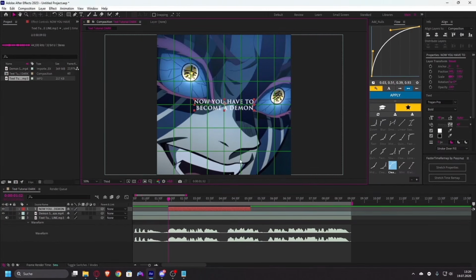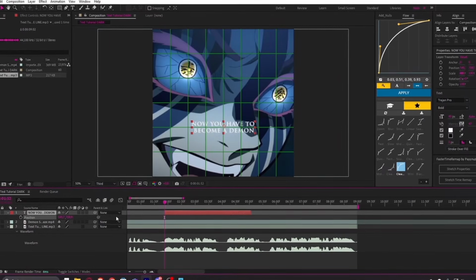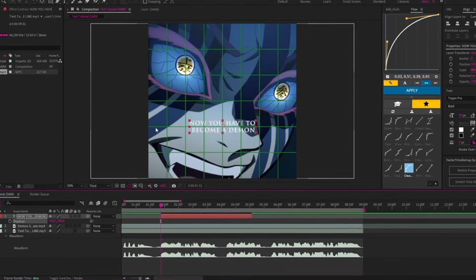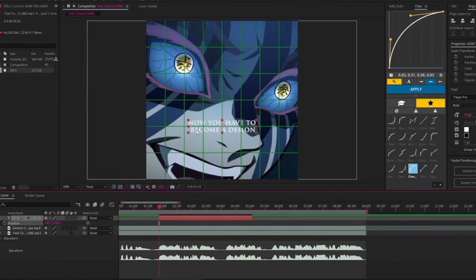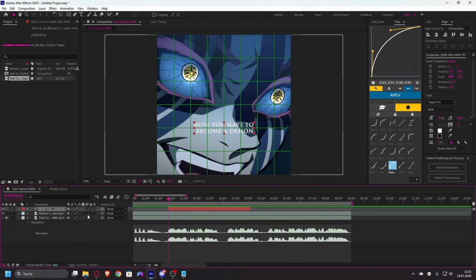But what I do is I don't use my text in the middle most of the time. What I do is I move it down to this line right here, as you can see. So this is the second last from the bottom. This is where I use my text, so we can see more of the edit on the top. Also, the text is a bit short in my opinion, so what you can do is scale it up, or